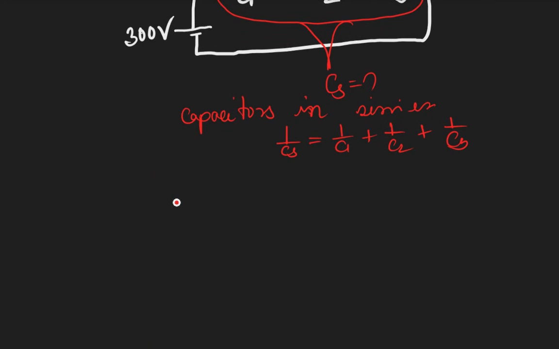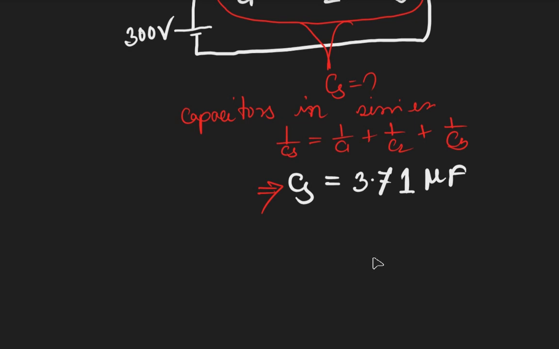So here we have got the value of CS equal to 3.71